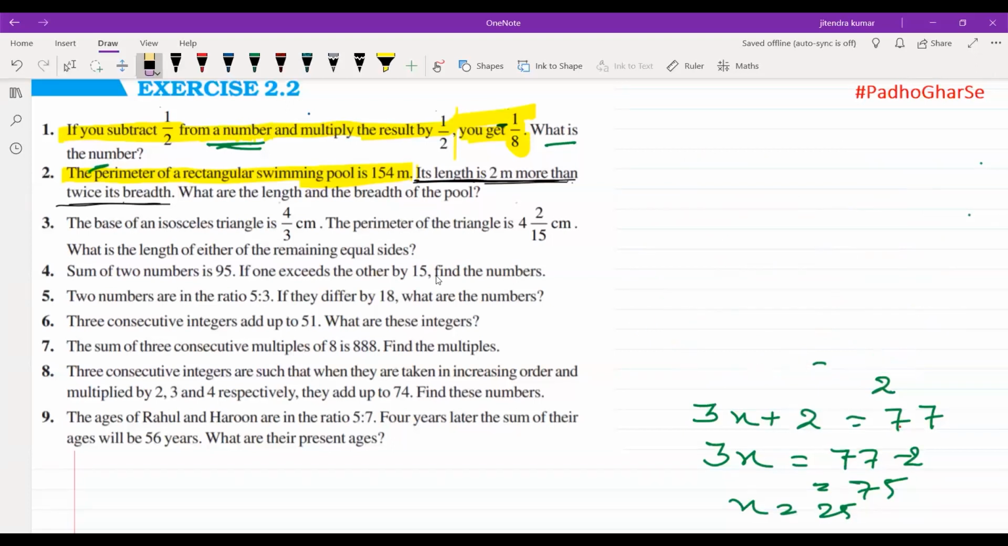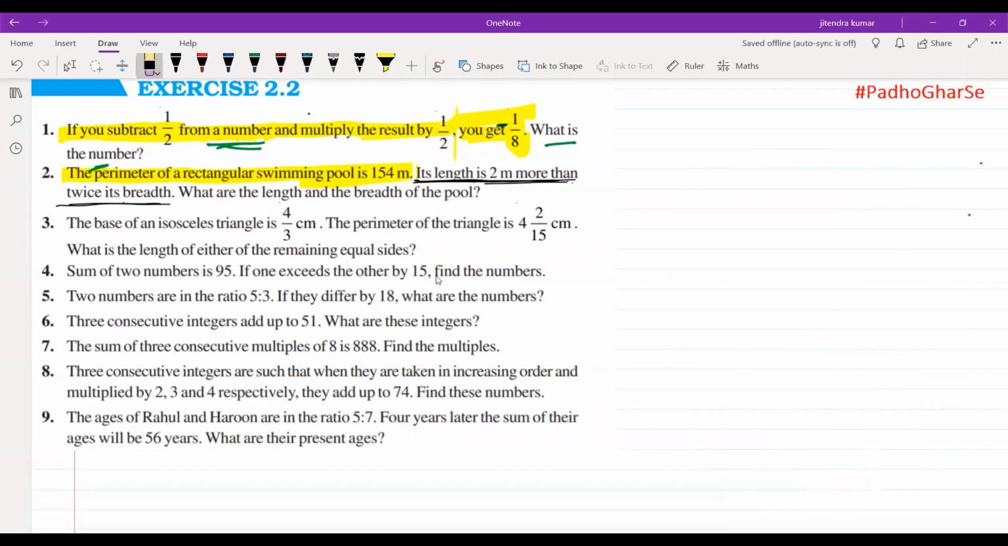Now let's move to the third question. The third one says that the base of an isosceles triangle is 4 by 3 centimeter. Okay, so the base is already given. And then it says the perimeter of the triangle is